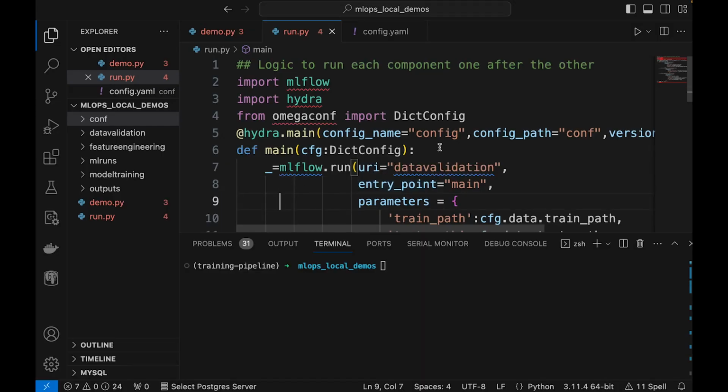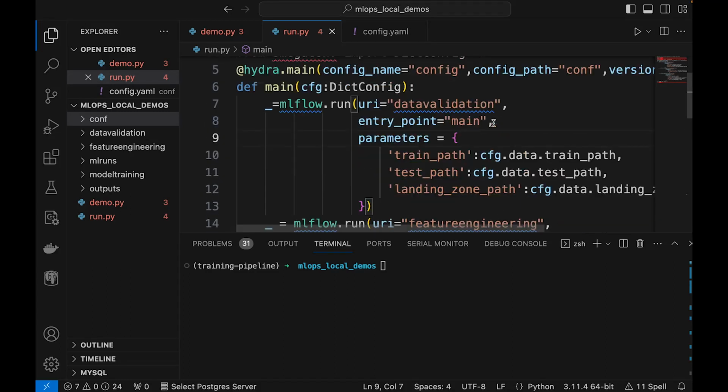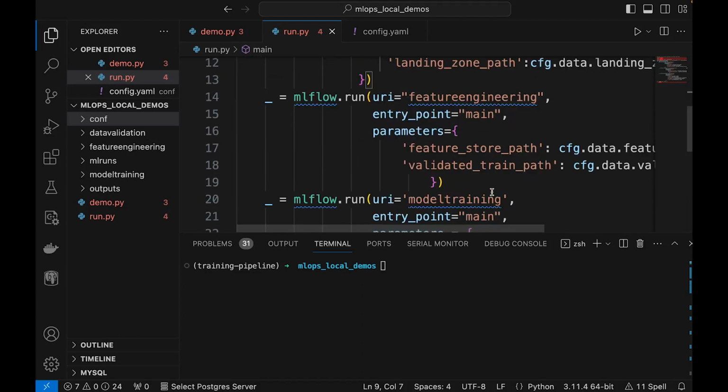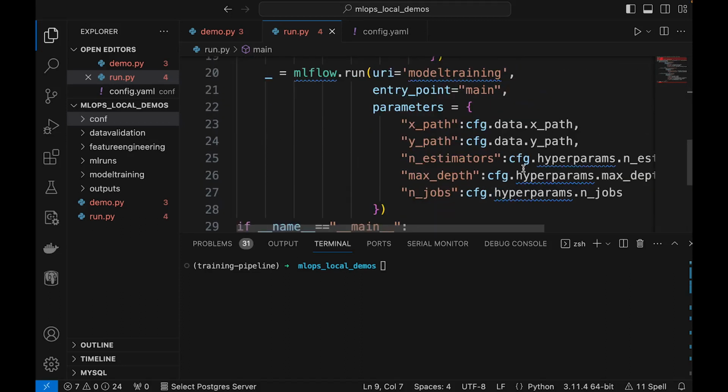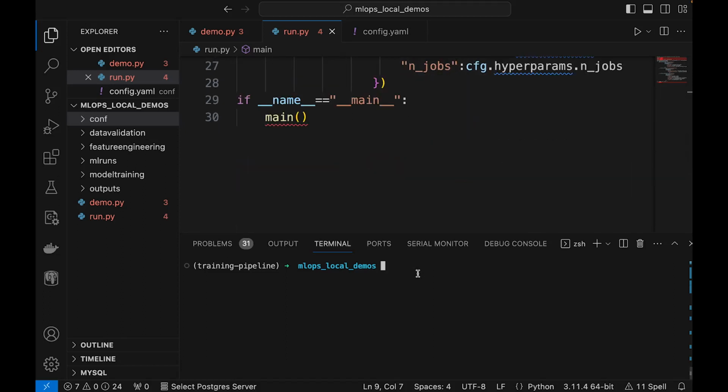Now, what I have done is I have refactored this code, and you can see now that my paths are not hard coded. They're coming from a configuration file. Similarly, my hyperparameters are also not hard coded. They're also coming from a configuration file. Now, if I run my run.py file,